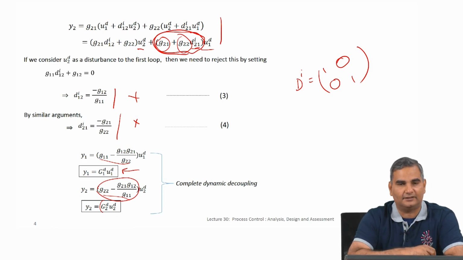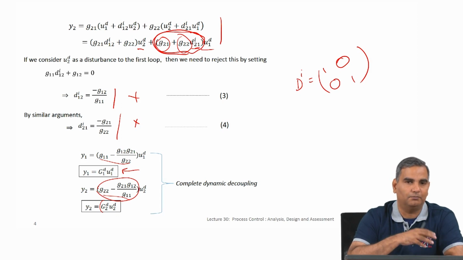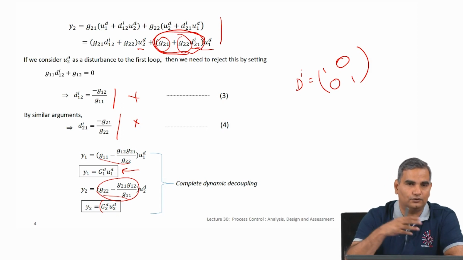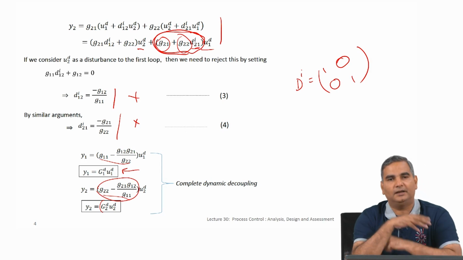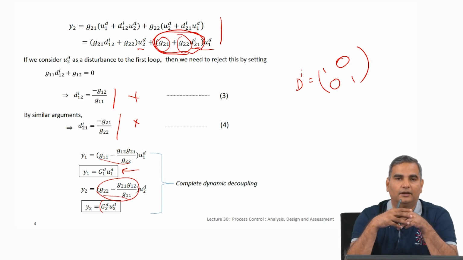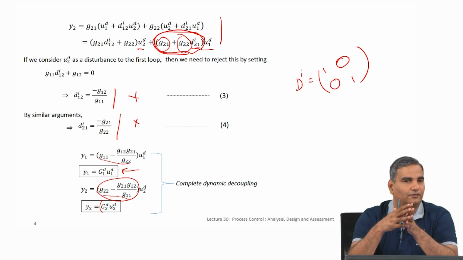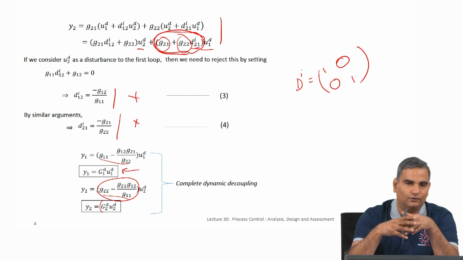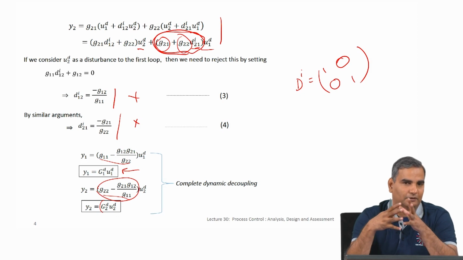So, in every case we always have some inputs which are used to manipulate some outputs, and at the beginning of this course I talked about these choices. So, supposing I have let us say 5 control variables and 5 manipulated variables, which manipulated variable do I match with which control variable is something that we have never talked about. So, in the next lecture we are going to talk about that, and that will kind of end this whole sequence of transfer function based multivariable control or more traditional advanced control ideas.